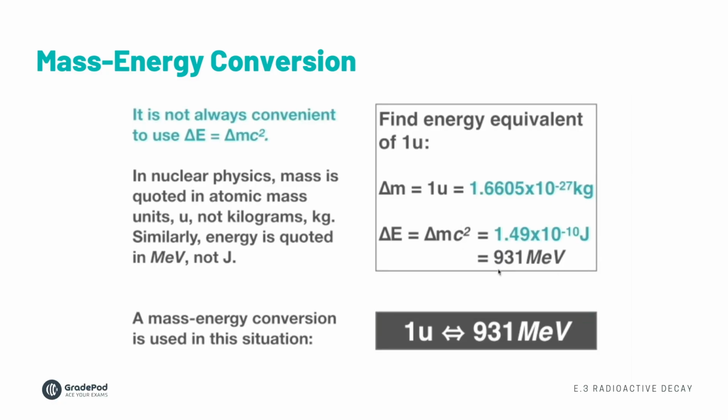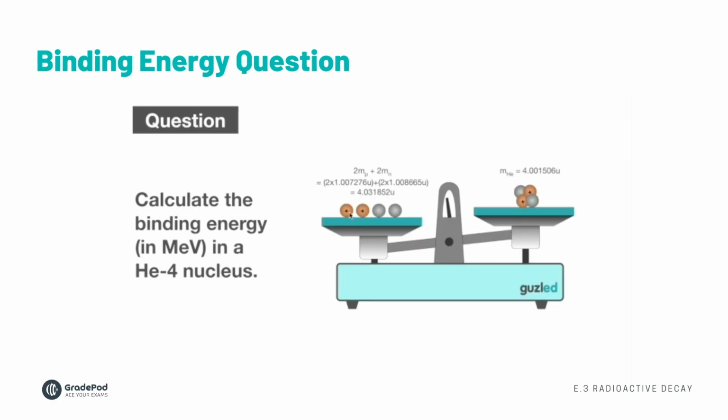And we can find out how many mega electron volts that is. But going forward, it's much easier for us just to say that one atomic mass unit is equivalent to a binding energy of 931 mega electron volts, which makes things a lot simpler